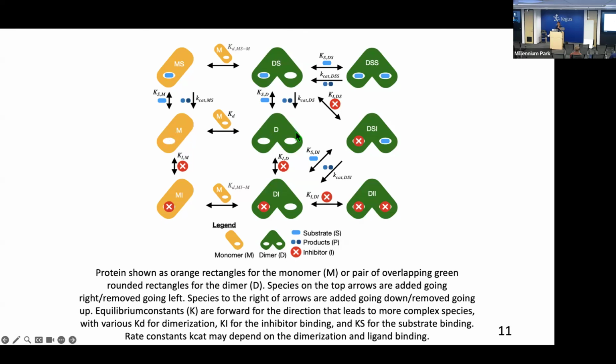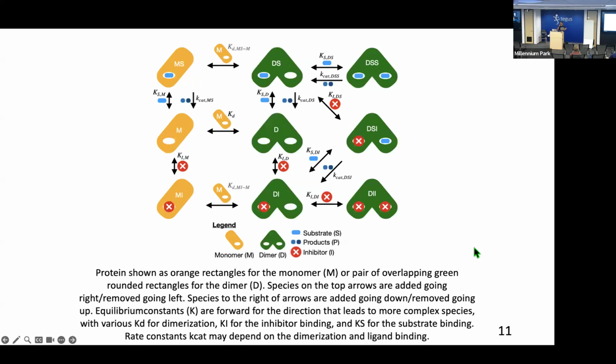And beyond this simple equilibrium, beyond this simple going back and forth between these two forms, you can also have the addition of a substrate. Then it sticks to the catalytic site, and the substrate can break up into products and form a monomer again, for example. Or you can bind to an inhibitor. You can also have the dimer bind to an inhibitor. You can have the dimer bind to two inhibitors because there are two possible places for the inhibitor to stick.